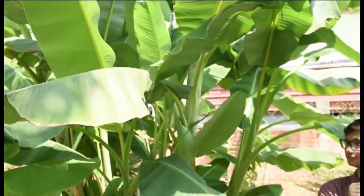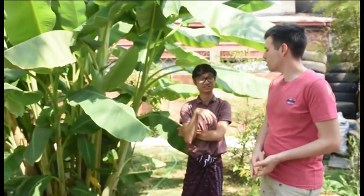So I absolutely love your banana plants. Thank you. These are actually plants, they're not trees, are they? Yes, they are the biggest grass in the world. They're just plants, not trees. And how did this get here? Did you plant it? Seeded. It's seeded, oh wow. So I'm guessing it's a local native Myanmar species as well? Yes, it's a native Myanmar species, and